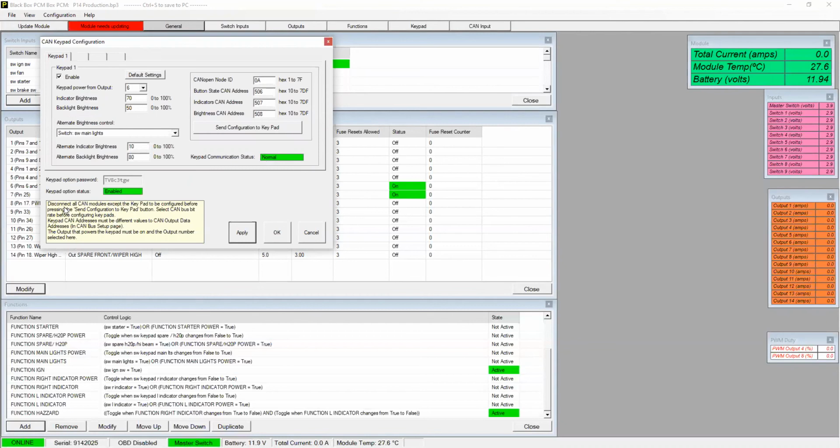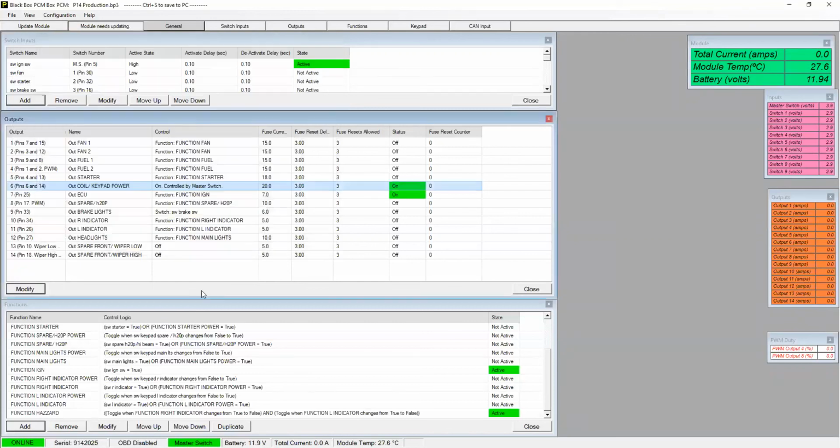Here's my password, I'm in. It gives you information on making sure that other CAN modules are not connected. I was reading through it, and everything's just connected as the keypad, and yep, I got it. I'm excited about that. Let me press OK here. And see how this is flashing at me? It says